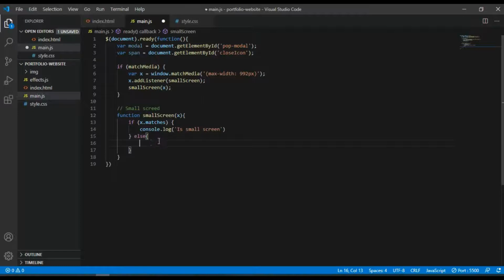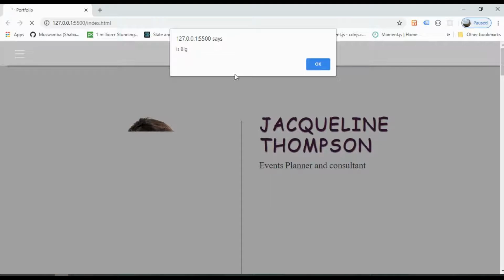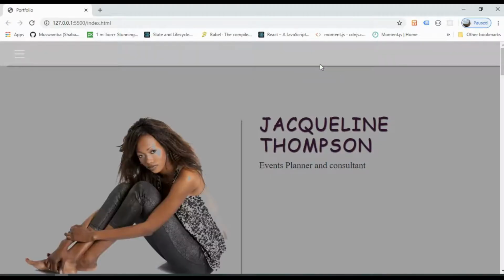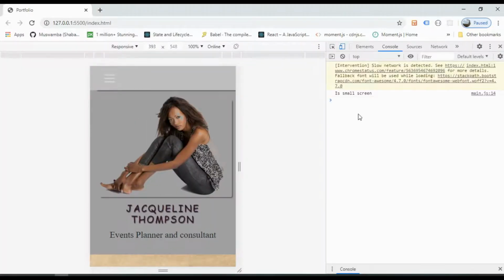So we can just go ahead and alert, say is big. Save the change, back in browser. You see now we have an alert here that says is big, but if I go to small screen, so I go to dev, console.log, you can see now here I say is small screen.